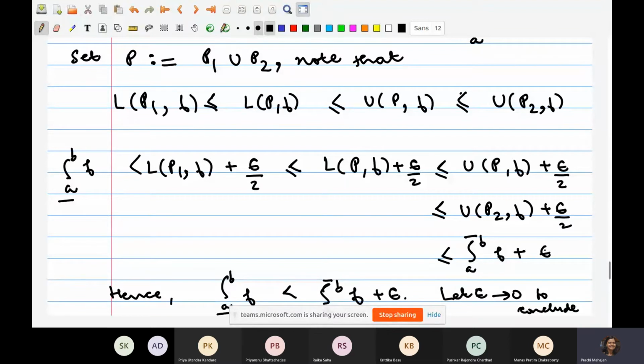This is a very common trick that comes very, very handy. The upper integral and lower integral are both defined as infimum and supremum with respect to the upper sums and lower sums, right? So you have one partition each, P1 and P2, which almost approximates the upper integral and the lower integral. You use this trick, you use P to be the common refinement of P1 and P2, you get one partition which approximates both of them. Is this okay?